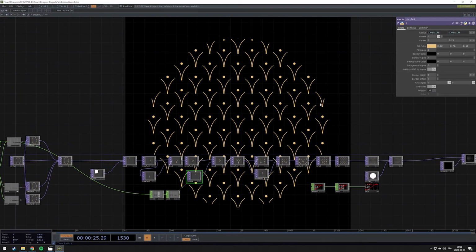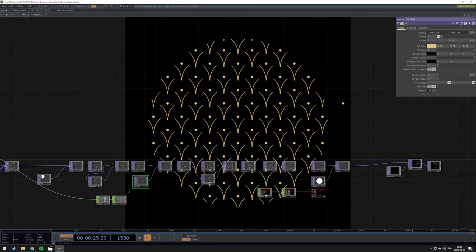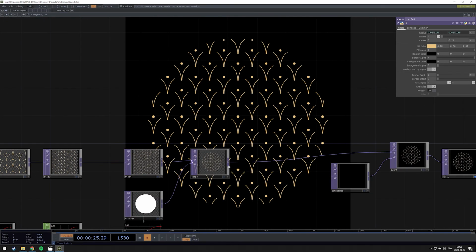So this is basically the effect that we created in the sketch I showed you before. I also added a few other elements. I added a simple spinning